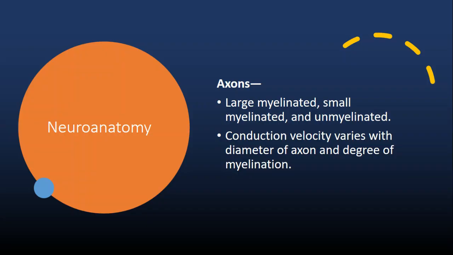Axons can be divided into different types, and there are different classification systems. One is by Sherrington, which divides them into 1 to 4 types, where 4 is the unmyelinated C fibers. They can also be divided into A, B, and C, where A alpha and A gamma are motor fibers, but A beta and A delta are sensory small myelinated fibers. And then there are unmyelinated C fibers. The conduction velocity varies based on the type of myelination, extent of myelination, and diameter of the axon.